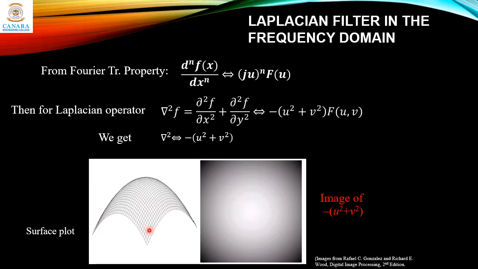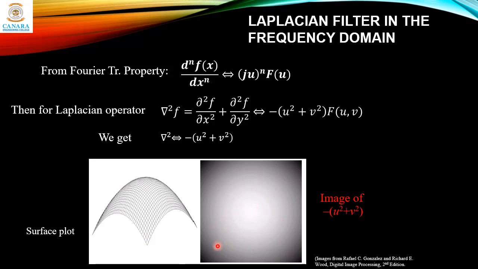This is a three-dimensional plot. It is high near the origin, and as you move to the corners, it tapers off to 0. If you view this as an image, you get this. This point corresponds to the middle, where you have the higher value represented by the brighter patch, a brighter circle. As you move away towards the corners or edges, you get lower values, and at the corner it tapers off to 0.